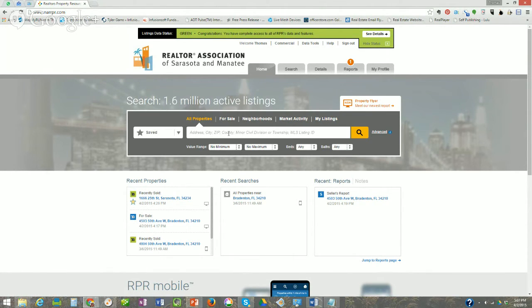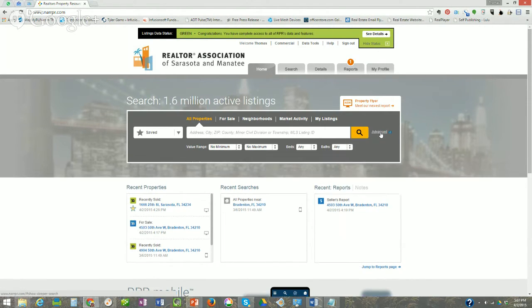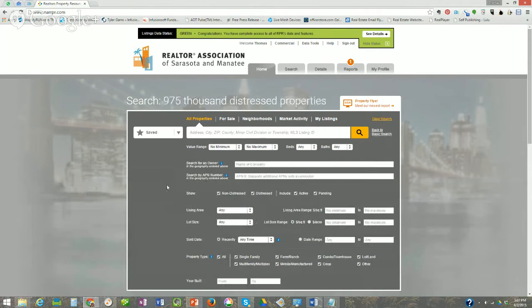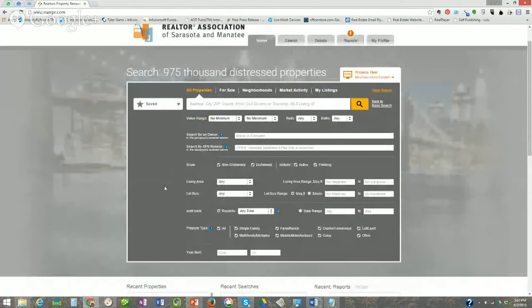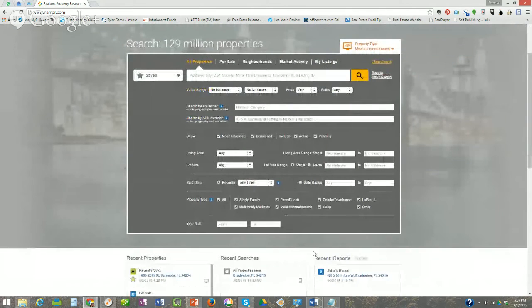And when it comes to the search, we have really a myriad of ways to search. We can search by address, zip code, city, etc. Then we have advanced searches here, so you can search by owner name, living areas. So you don't have quite as many search criteria that you would have in